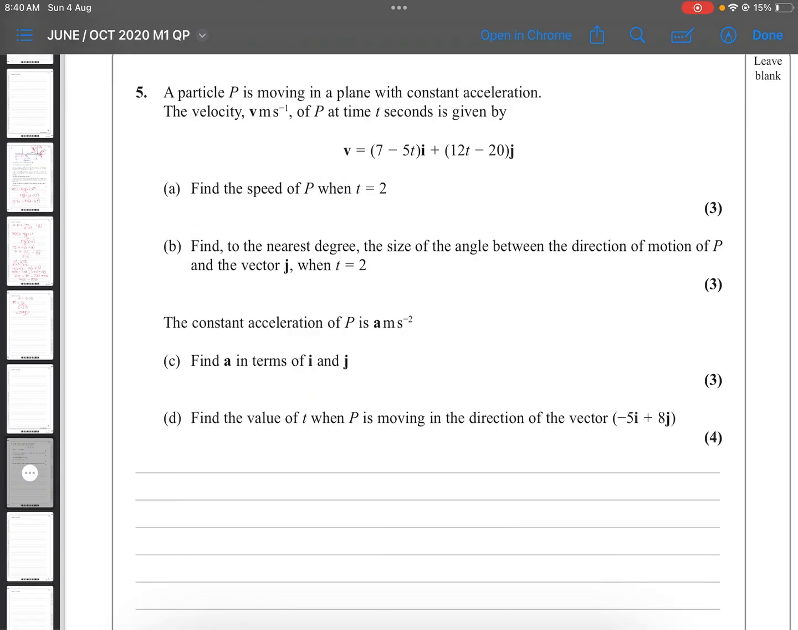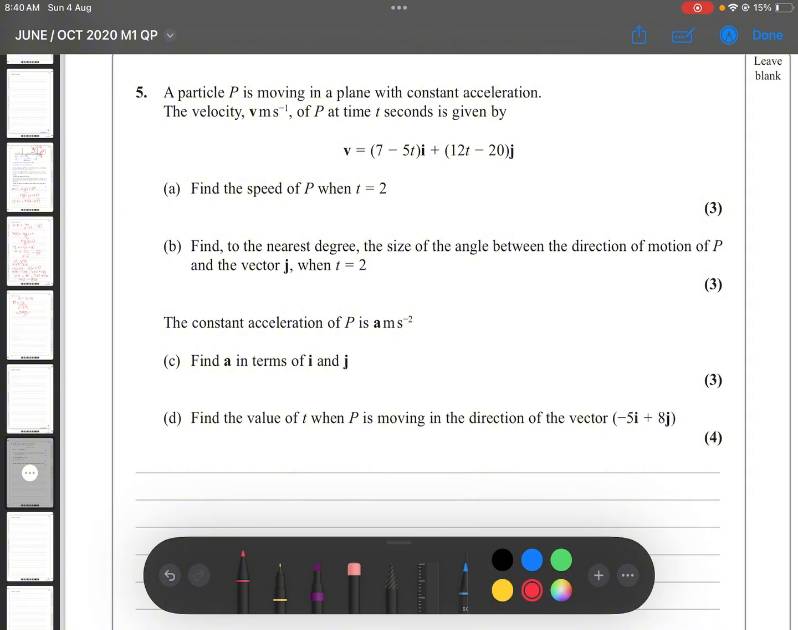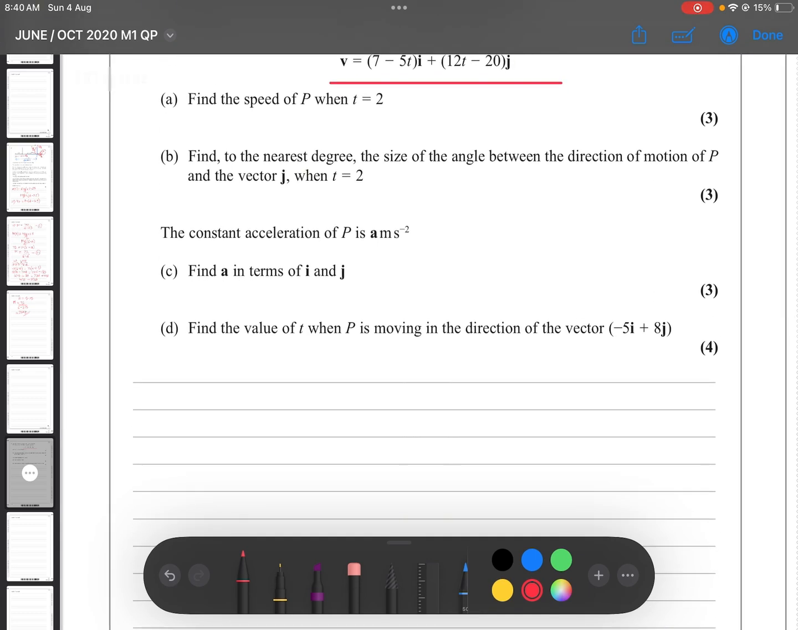Question 5 says a particle P is moving in a plane with constant acceleration. The velocity v meter per second of P at time t seconds is given by v equals the equation as they said. Find the speed of P when t is equal to 2. So the first thing we have to do, this is velocity equation. The given equation is for velocity. Speed is the modulus of velocity. So now first let's substitute into the velocity equation t equals 2. It says v equals 7 minus 5 2s are 10